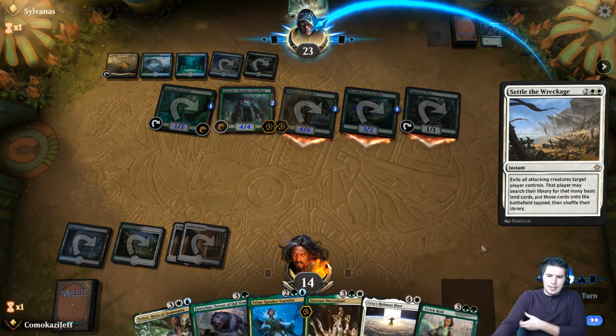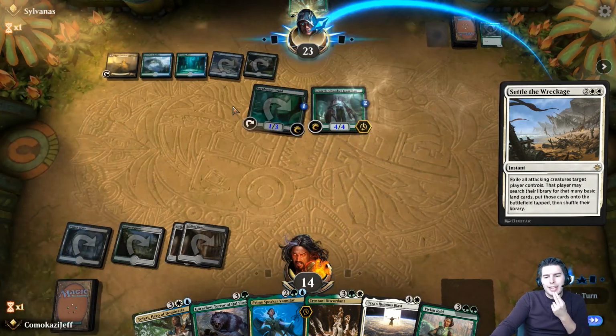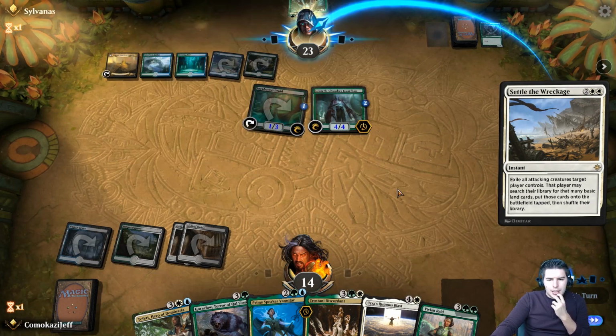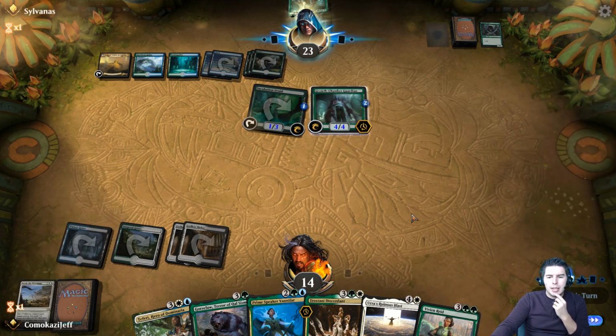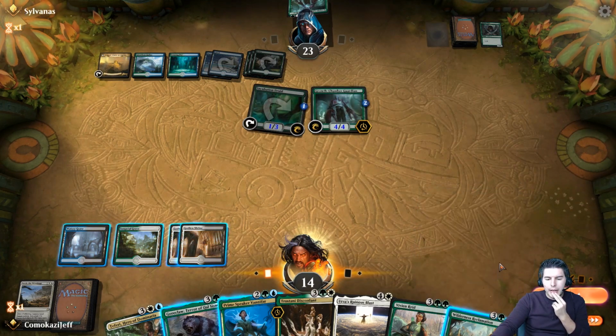We get quite a bit of their stuff, but they still have 8 damage coming in on the next turn. And they can play this guy. And we gave him tons of lands. I think Tristani is probably the best thing that can happen for us here. Alright,